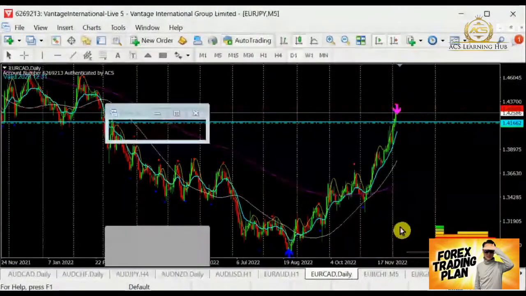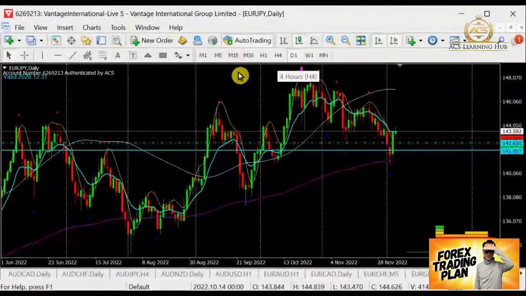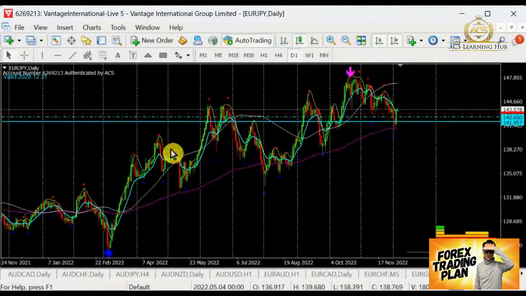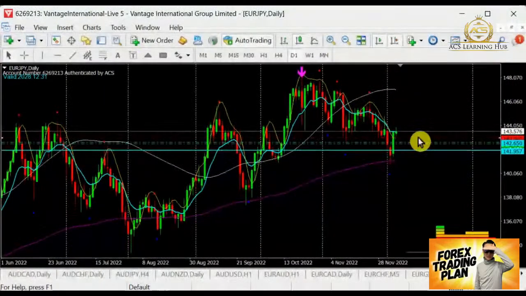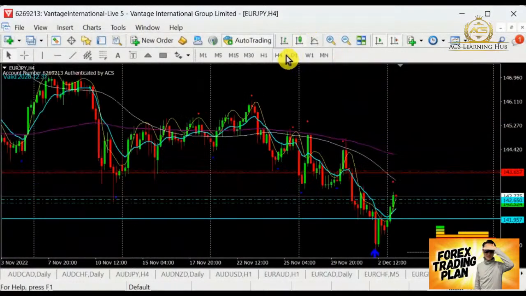Okay, so let's move into the Euro Yen. Well, for Euro Yen, we are actually looking at a form of selling pattern over here. And if we are looking at the general trend, we are still in the bull, am I right? Respecting the moving support over here, and now waiting for a resistance to sell it down once again to form a lower low.